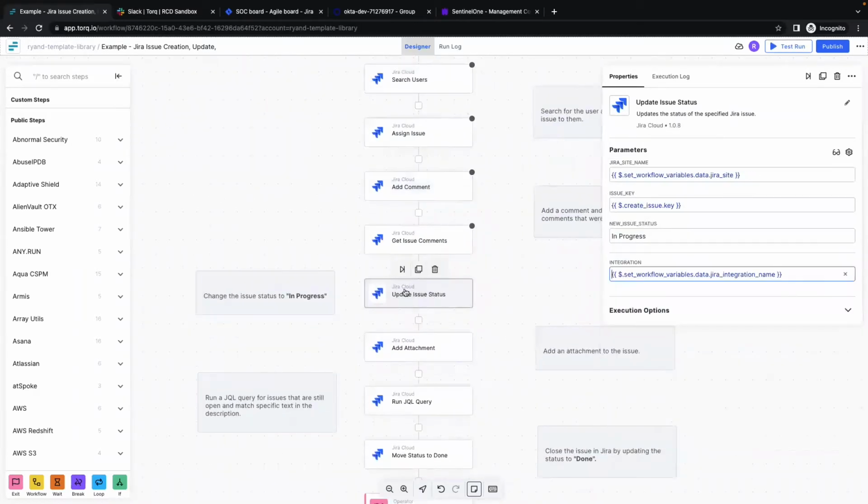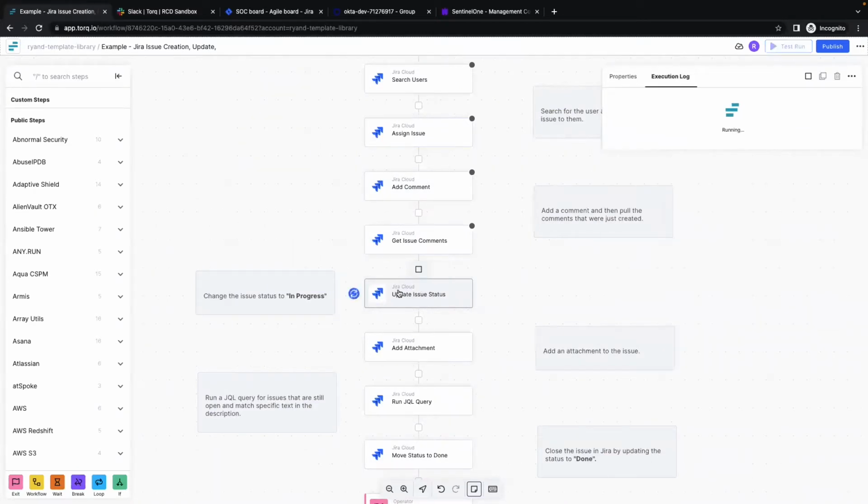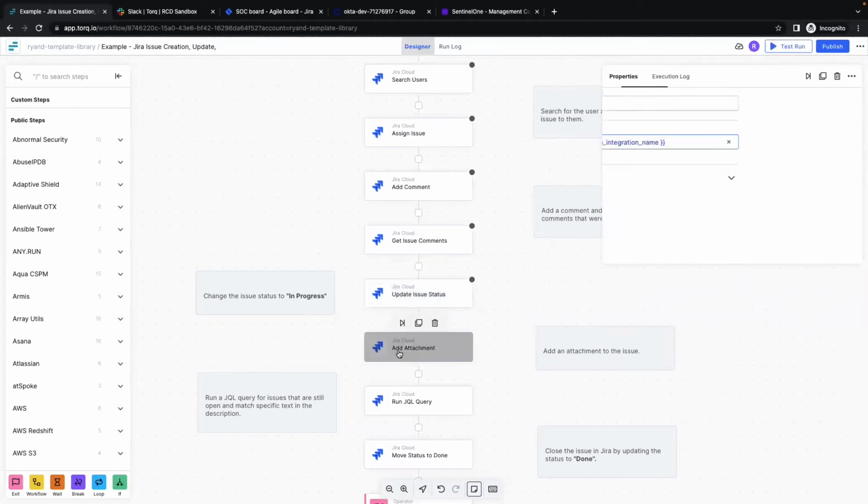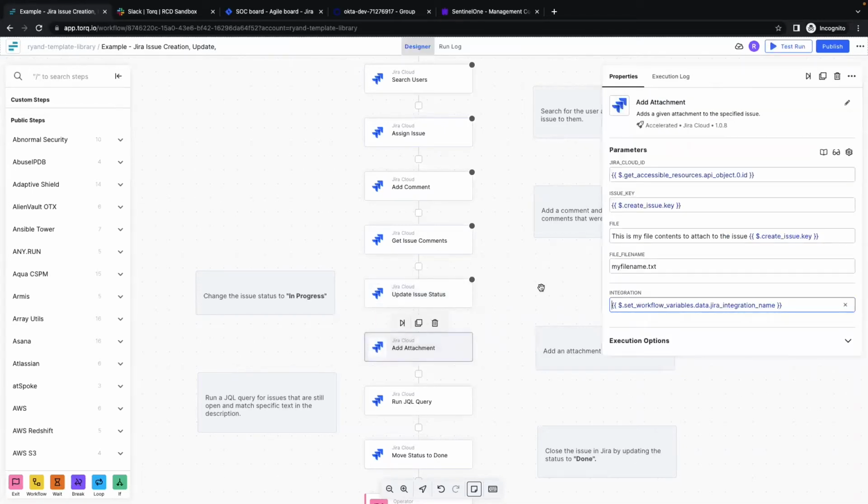Now if I want to update the issue status, I'm going to change it to in progress. And I'm going to go ahead and add an attachment as well. This is a common use case where maybe you have threat intel or some other piece of information you want to add as an attachment or evidence to the ticket to provide more relevance. This is my file contents, and I'm just putting that issue key in here again, and I'm giving it a file name of my file name. If I go ahead and run this